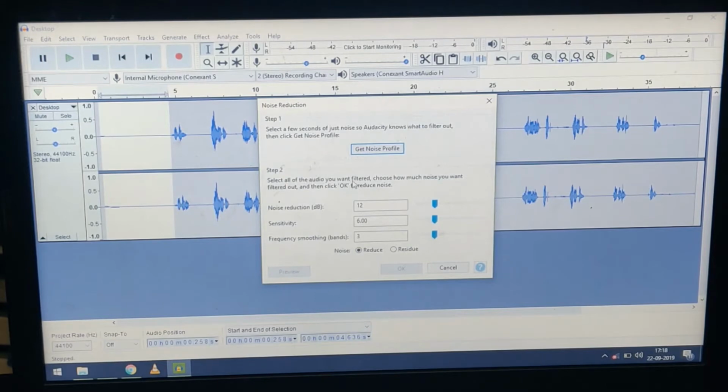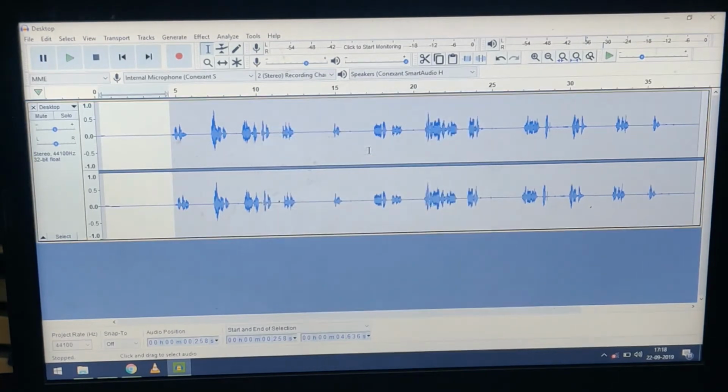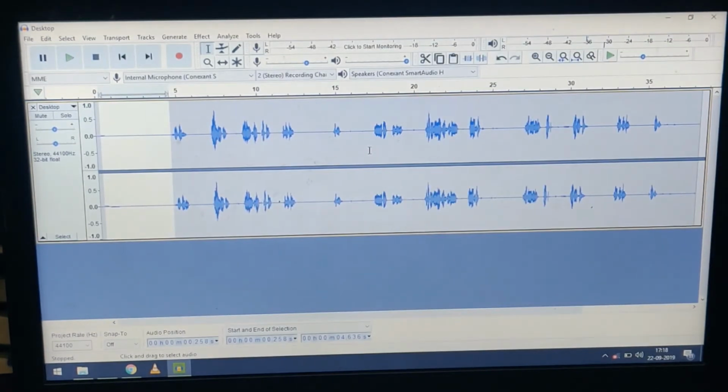Just click on Get Noise Profile. What is happening here is that I am telling the software this is the noisy area, this is not my voice, so please remove it. So it has taken the profile first.